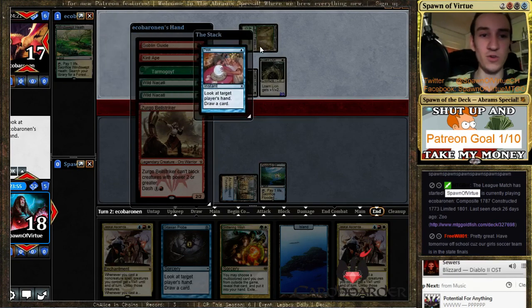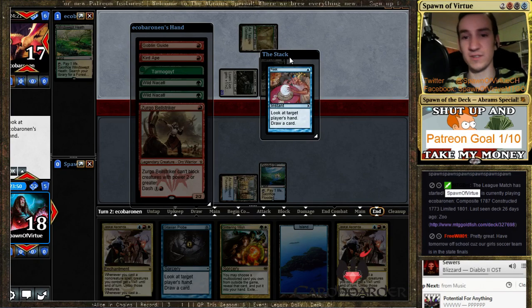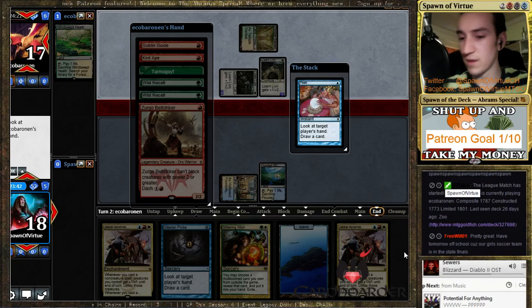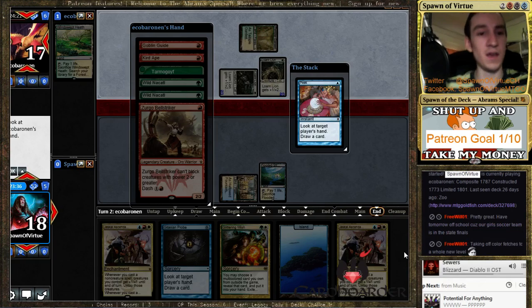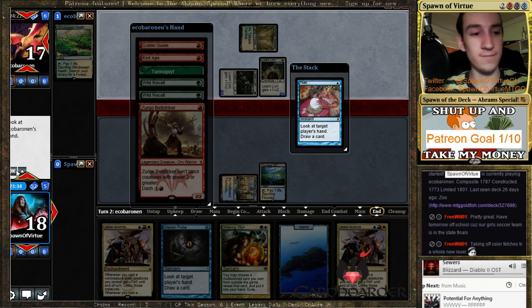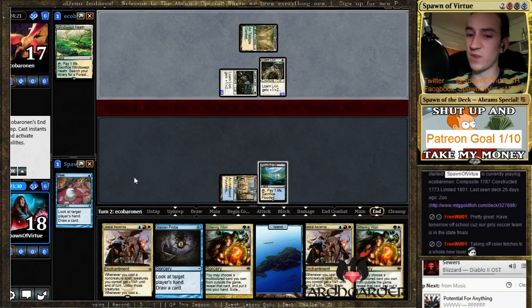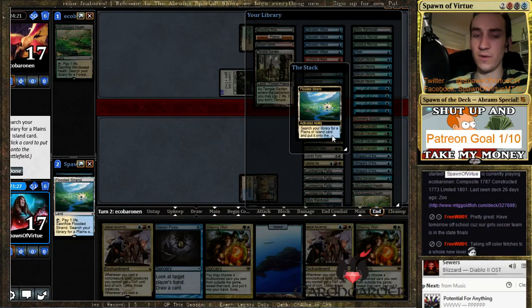All right, Tarmogoyf, Goblin Guide, Nicodemus, and okay, so mono creatures. Goblin Guide, Tarmogoyf, Nicodemus, and a Zurgo. Okay. I think I still just want to land the Ascendancy, though. So I think what I'll do...